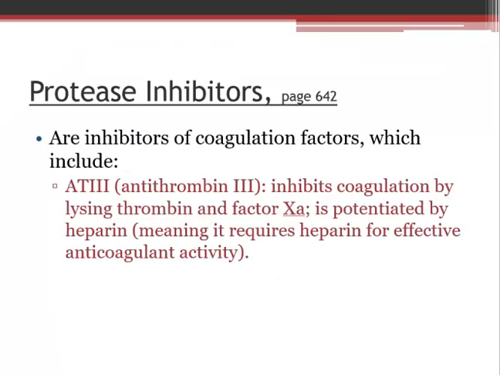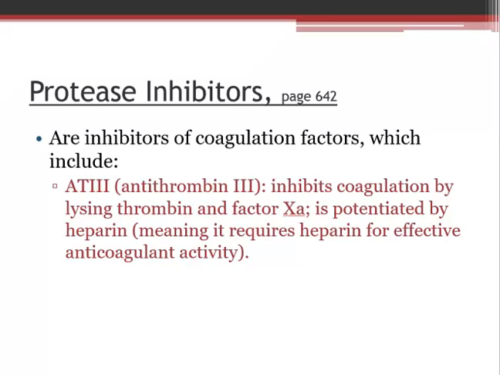Protease inhibitors are coagulation factors which include antithrombin 3, which inhibits coagulation by lysing thrombin, and factor 10A, and is potentiated or boosted by heparin, meaning it requires heparin to be effective